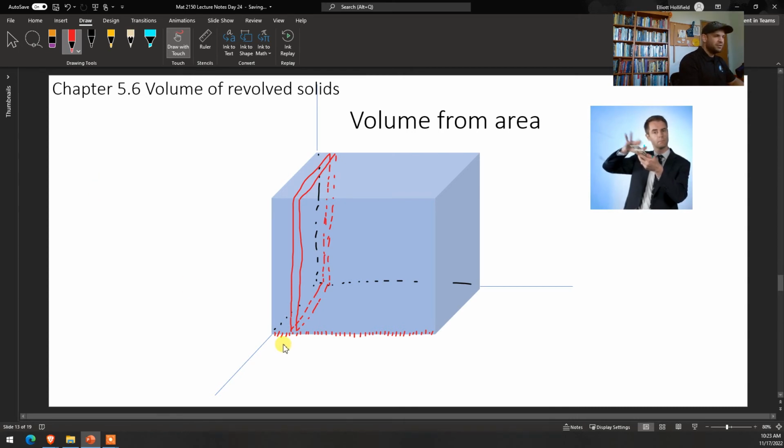So let's call the thickness of each of these, the distance from one side to the other of each individual slice, dx. So if we take dx and we multiply by the surface area of each slice, then that gives us the volume of each slice. So the area of the face of this slice